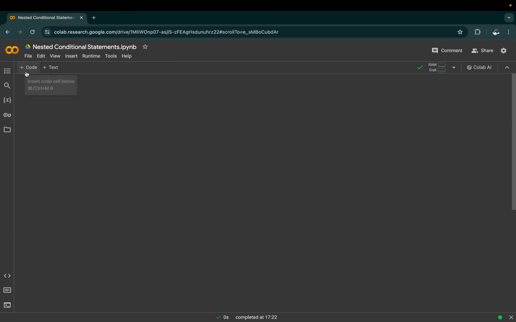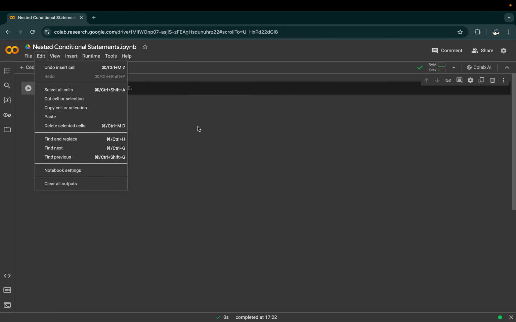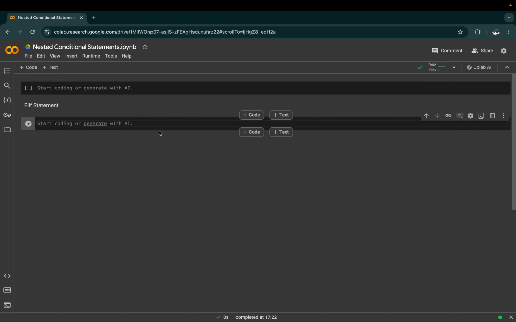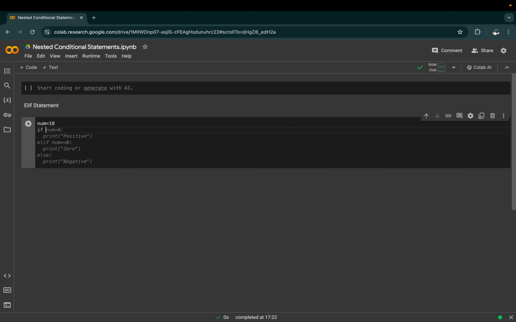It is all this. Now let's talk about the elif statement. So what is an elif statement? Let me give an example. Let us say you wanted to see if the number is positive. So let us take num equal to 10, and if num is greater than 0, print num